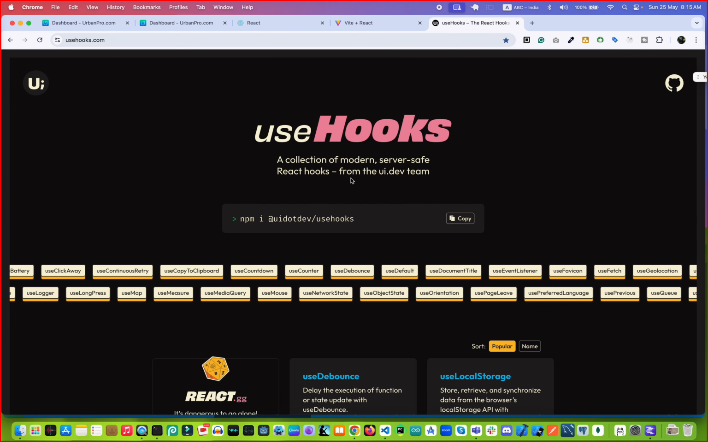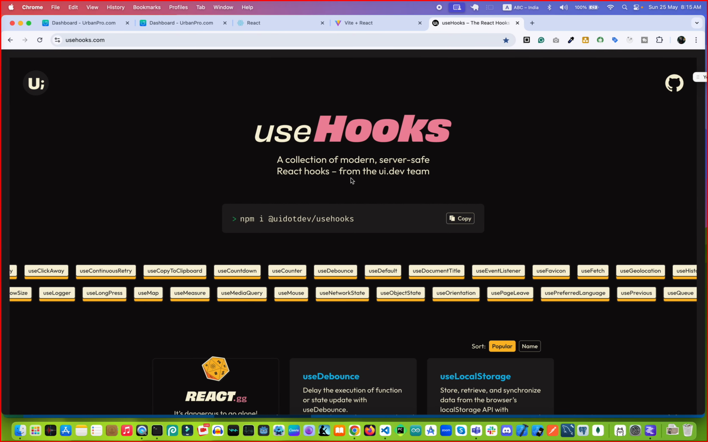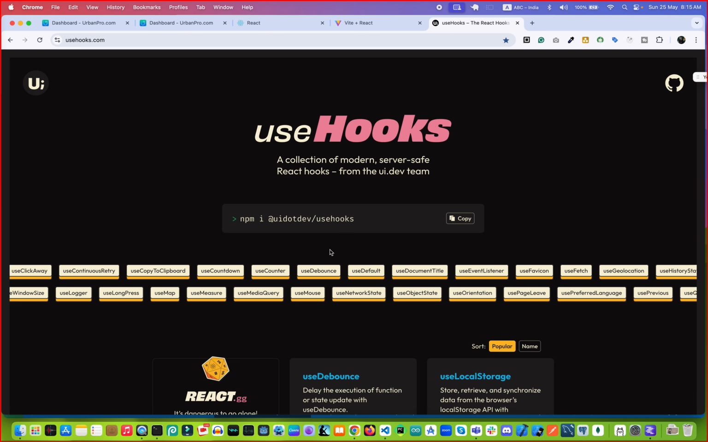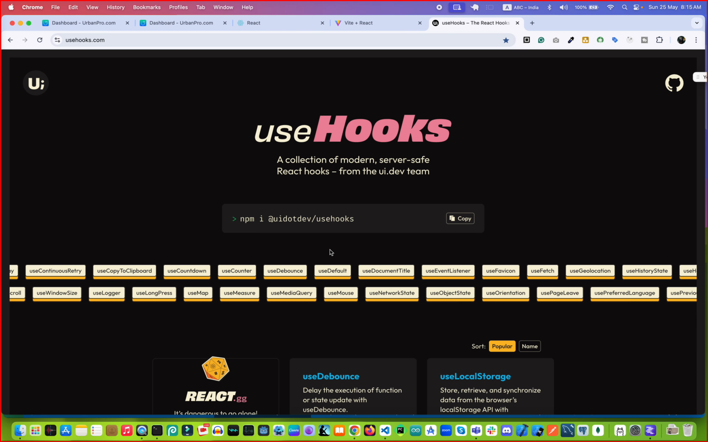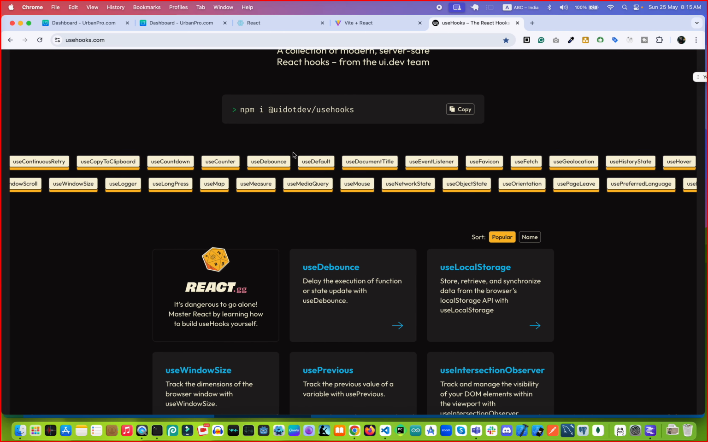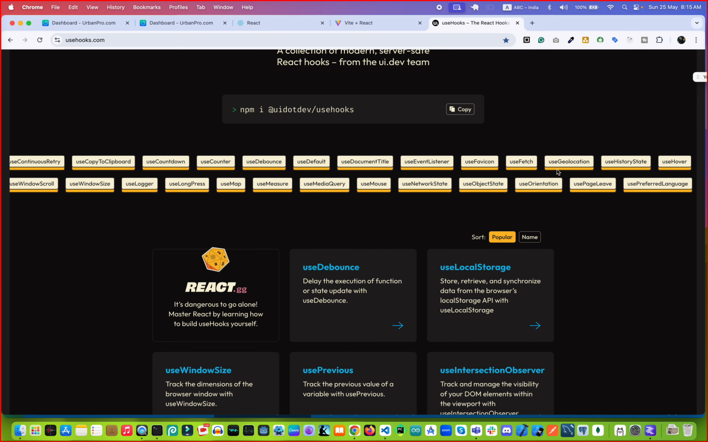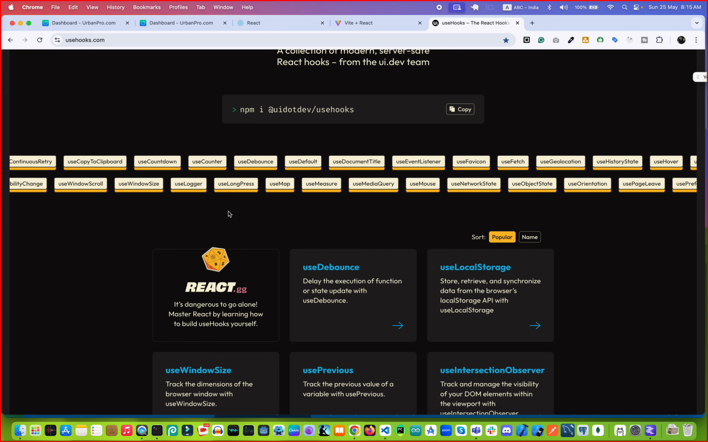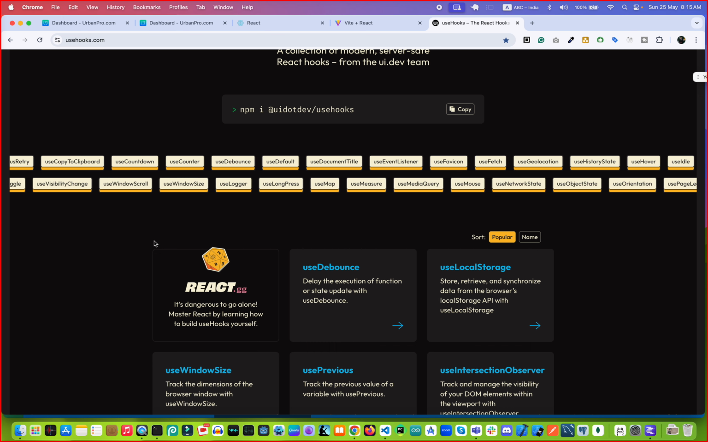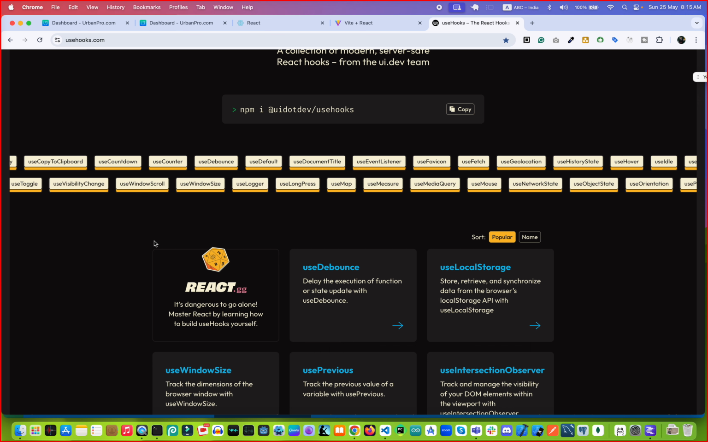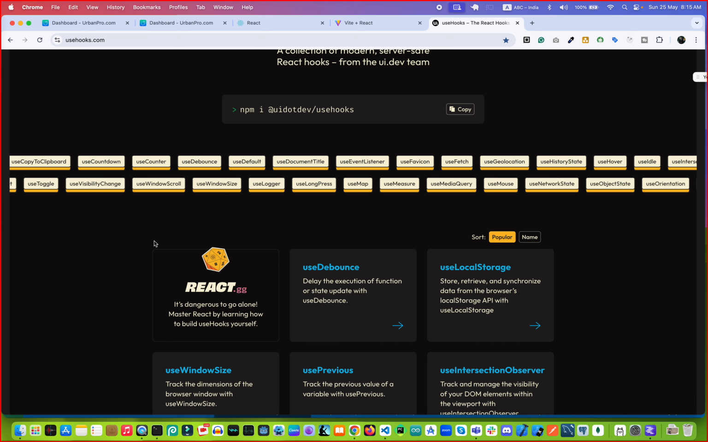This is the third party library where you can get so many types of hooks required for your application. Here I have so many types of third party hooks like use favicon, use page, use geolocation, use history state, use counter, use countdown, use copy to clipboard, so many things. Many browser specific features